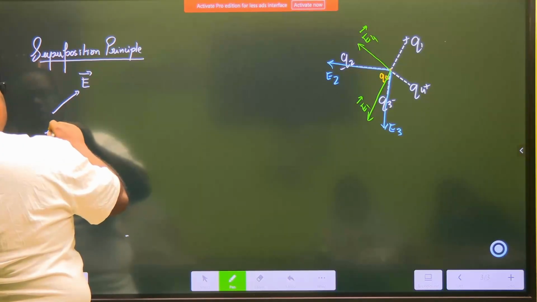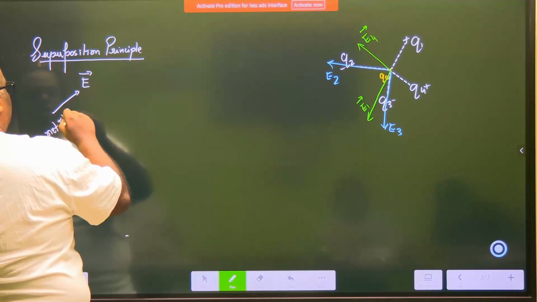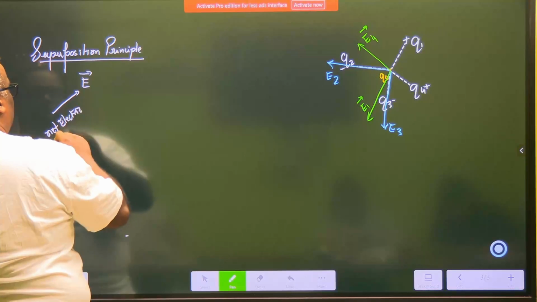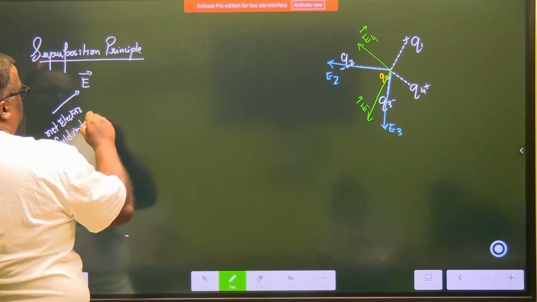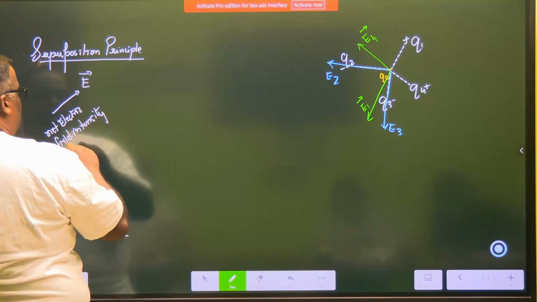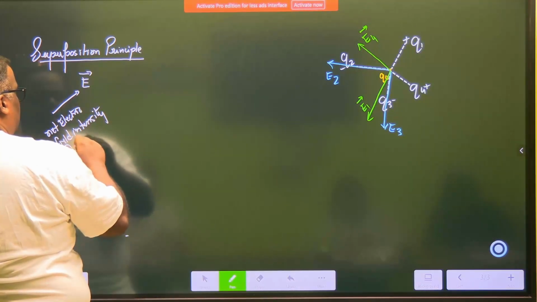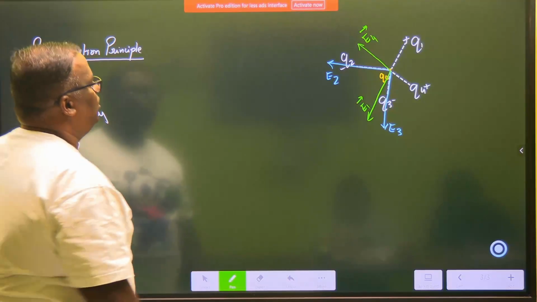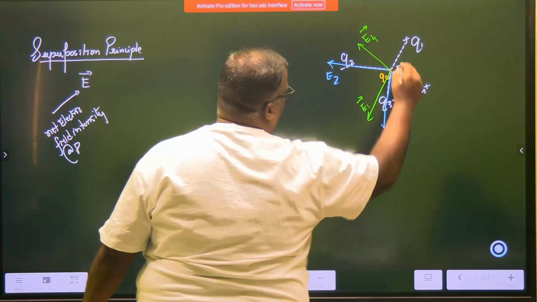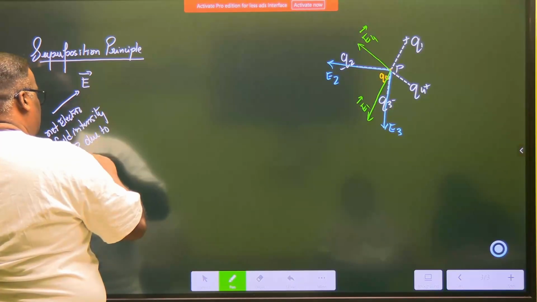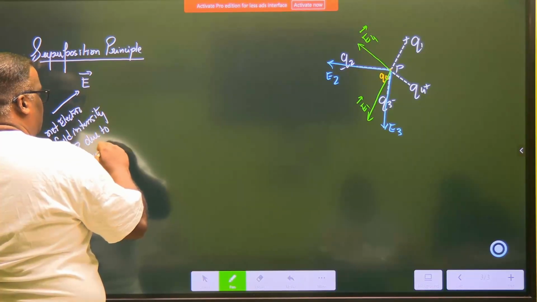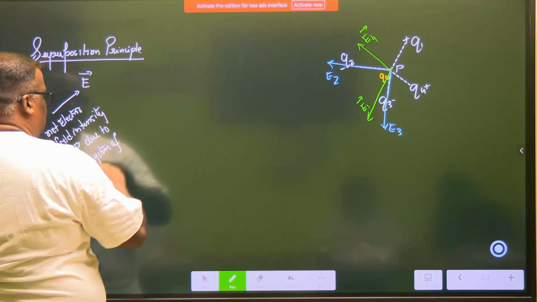E is the net electric field intensity. This is the net electric field intensity at P, and I should show my point P also. This is P due to a system of charges